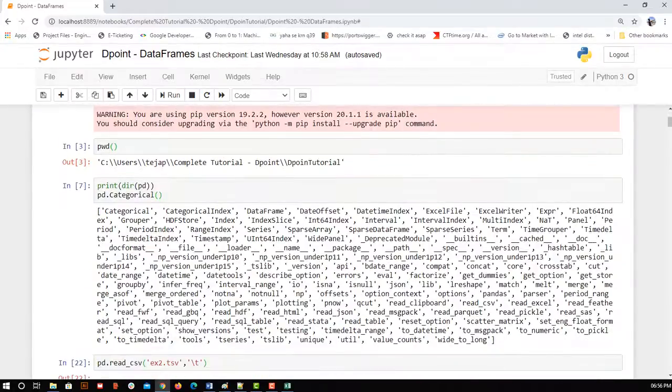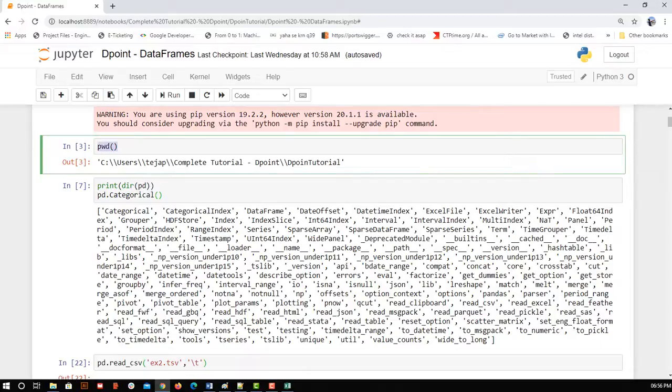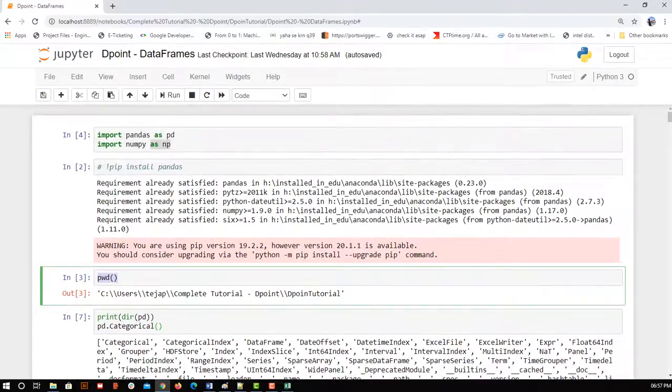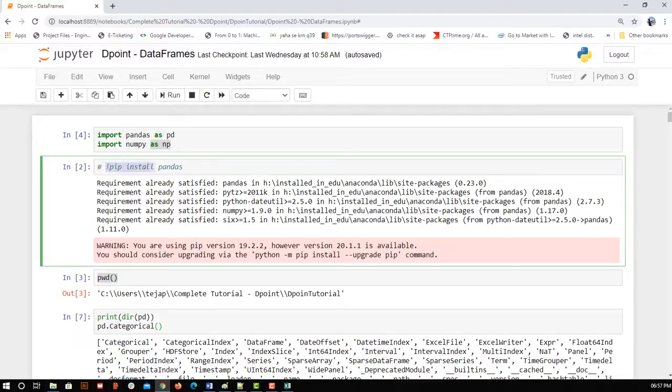You can try various other terminal commands as well, but the way this Jupyter notebook executes is different. In the normal terminal we write only this much, without the exclamation mark, but to execute that in Jupyter we use the exclamation mark.